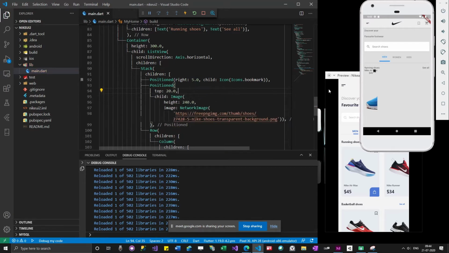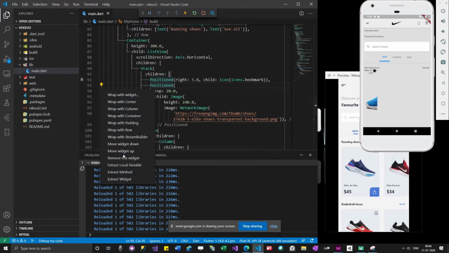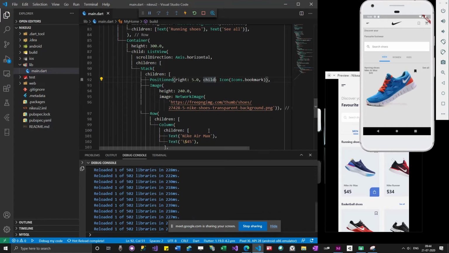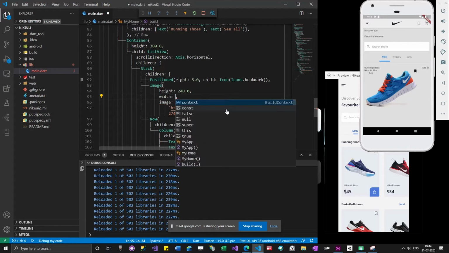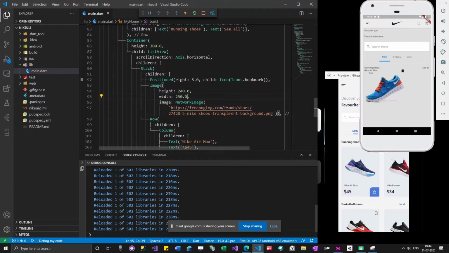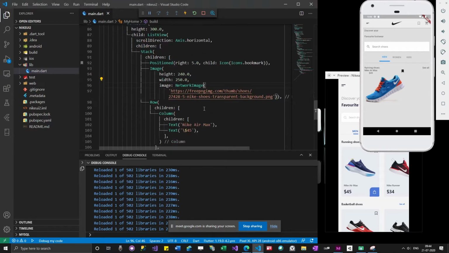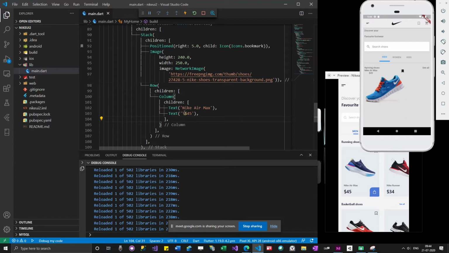Okay, it didn't go well with this, so let me remove this one. Okay, so anyways, it came up, right? So I can give width probably. Okay, and then I'm going to add another position widget for this. So let me add this icon as well.